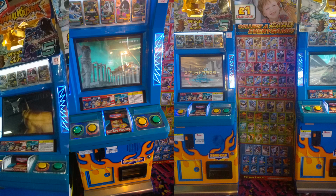I'll show some pictures as well in this video. Well, a couple of pictures. Most of the pictures I took were a bit crap because the arcade was a bit dark and I wasn't sure if I was allowed to take photos. But like, Charlotte showed me what this was, and I was a bit unsure of what it was, especially because they have tournaments, and the only people that participate in the tournament seem to be young children. It's meant for kids, really,